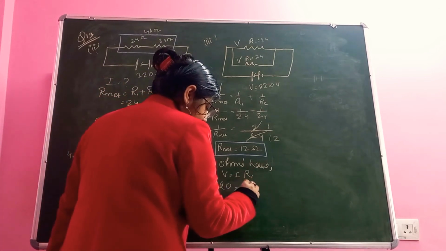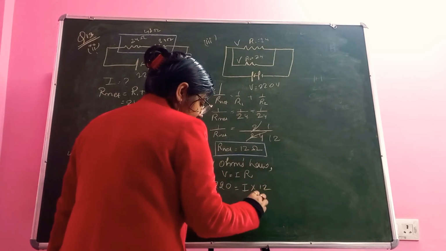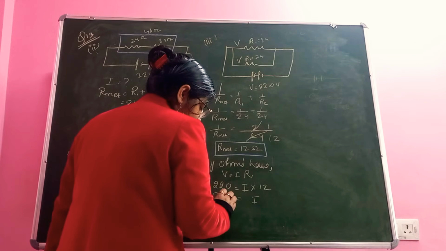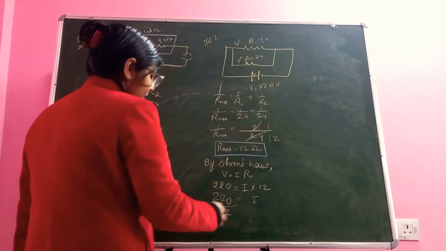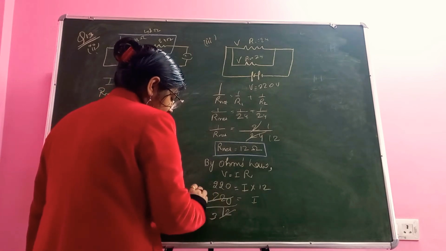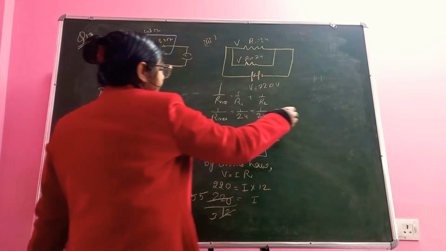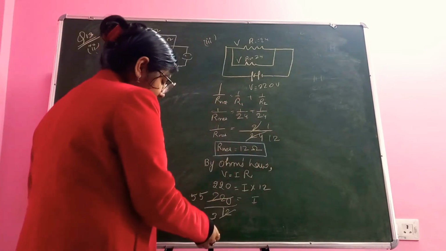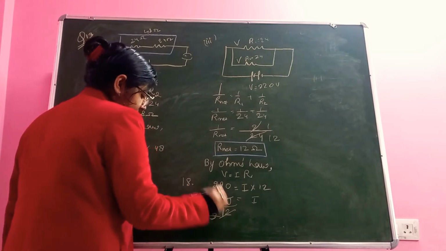We have to calculate I, and R is what? 12. So I is equal to 220 upon 12. Now cancel it by 4. 4 3s are 12 and 4 5s are 20. So now 55 by 3. And we cancel it. If we cancel it, we will get 18 point